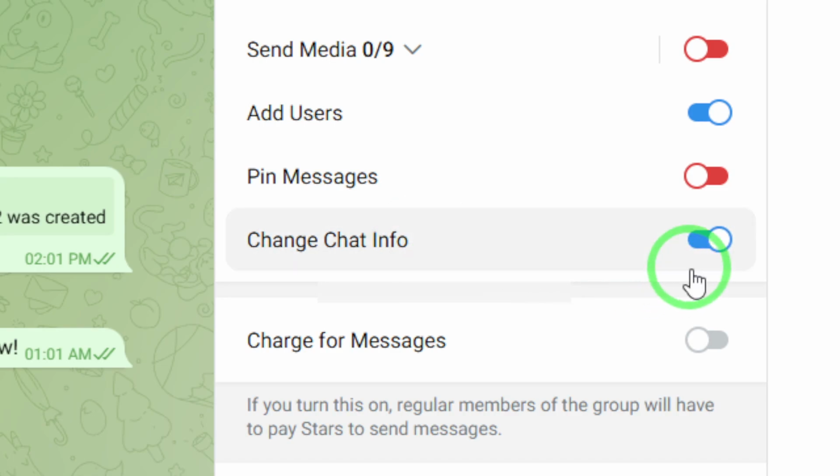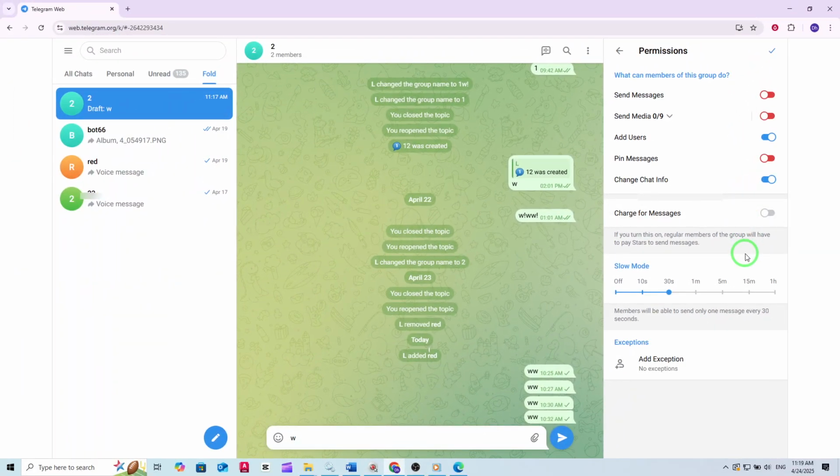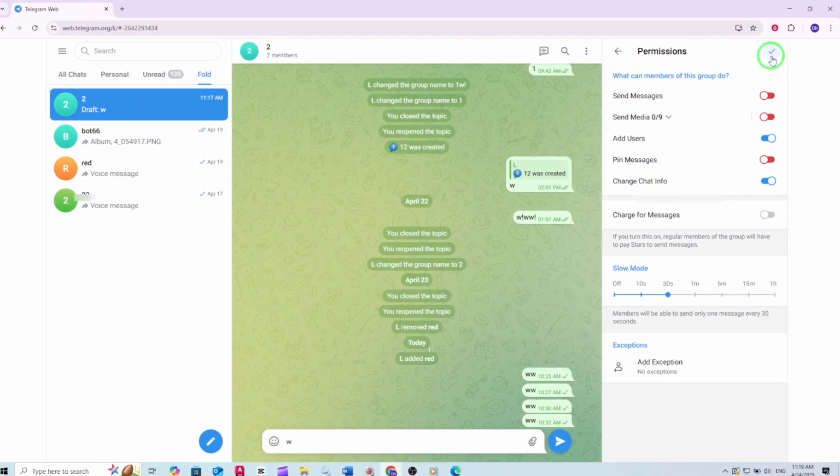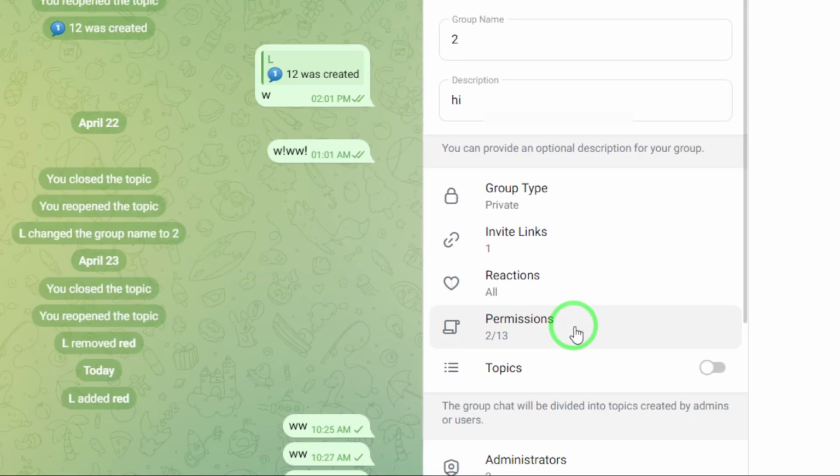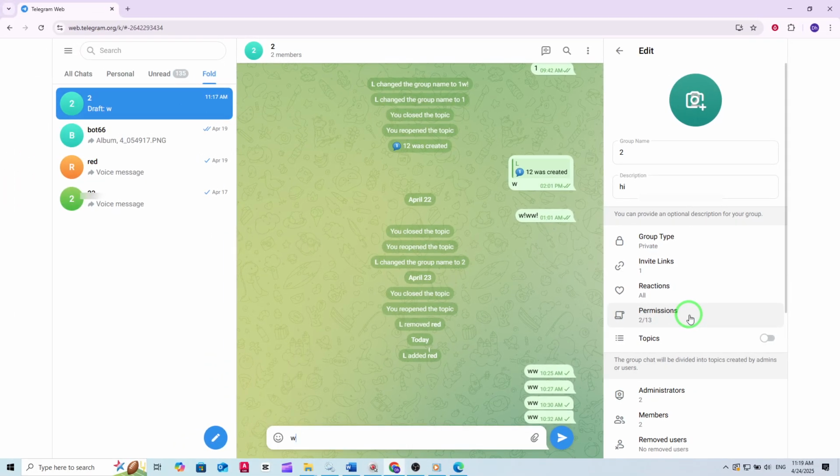After enabling Change Chat Info, make sure to click the Save button to apply your changes. Now, the members you allow will be able to update the group information directly. That's it. By following these steps, you can easily manage who can change your Telegram group's info on the web version using your PC. This feature is especially useful for collaborative groups where multiple admins or trusted members need to keep the group details up to